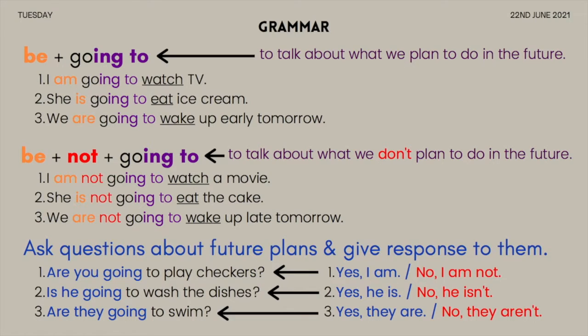There are three things you need to focus on. Positive sentence, like this one. Negative sentence, like these examples. And answering questions, this one. Bear with me. This is simple. It is not as difficult as you think. It is not rocket science. Now, today is Tuesday, 22nd of June, 2021.